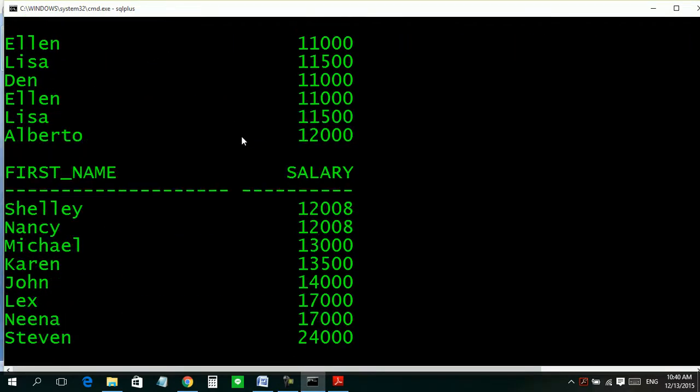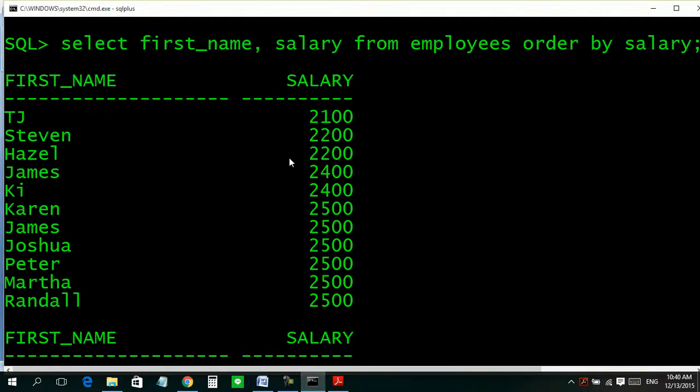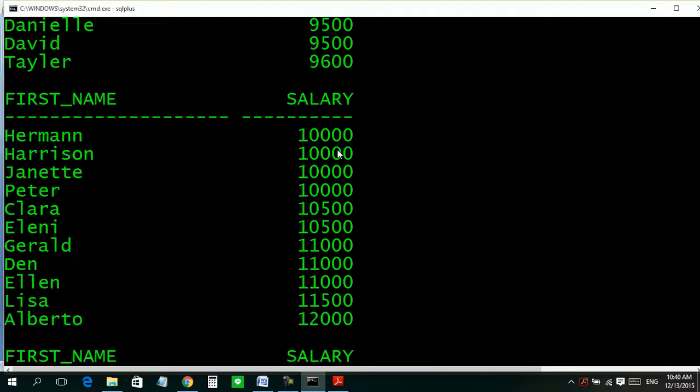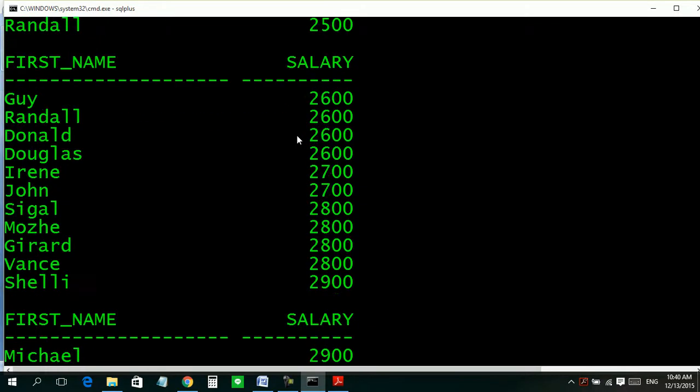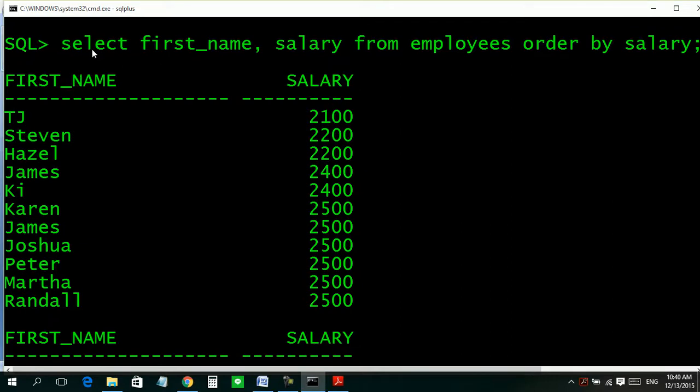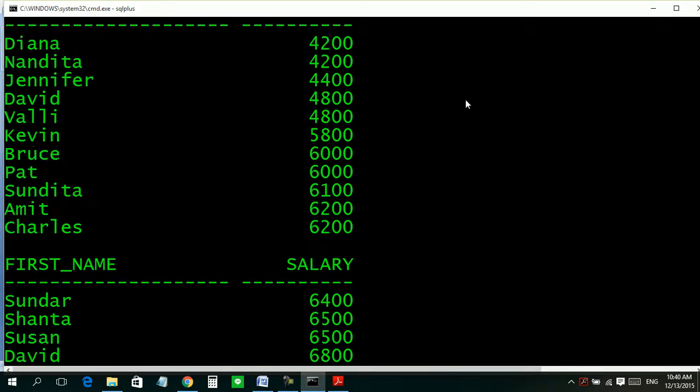By default it is ascending, minimum first and maximum down. I have not written anything extra here. I have just written select first name, salary from employees, order by salary.